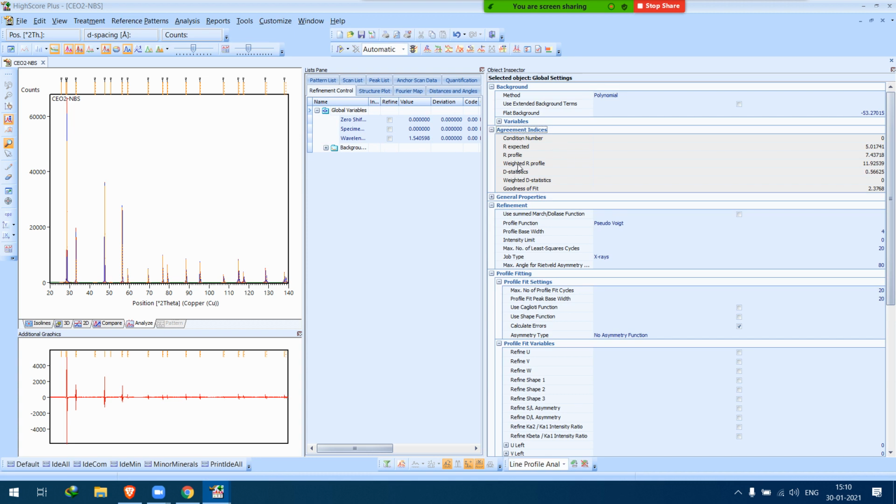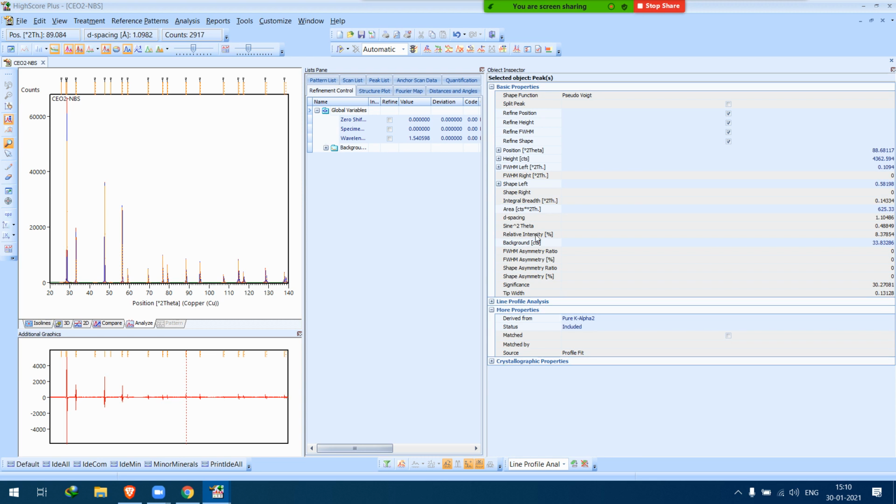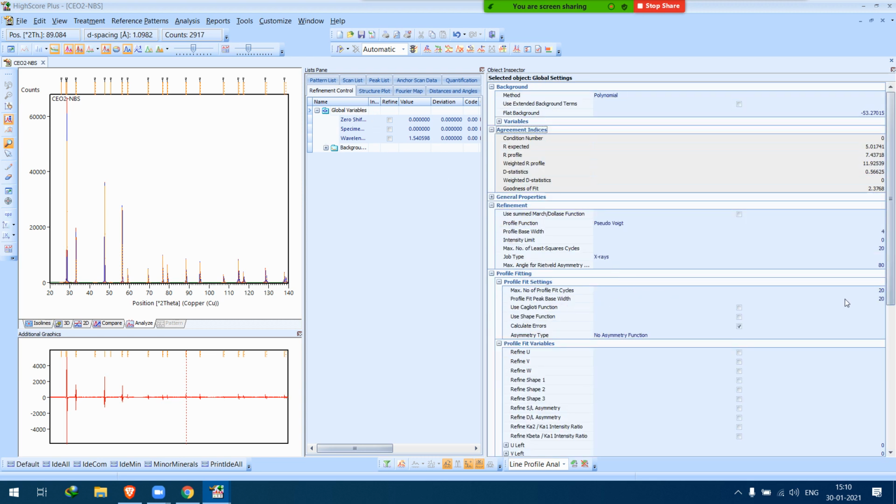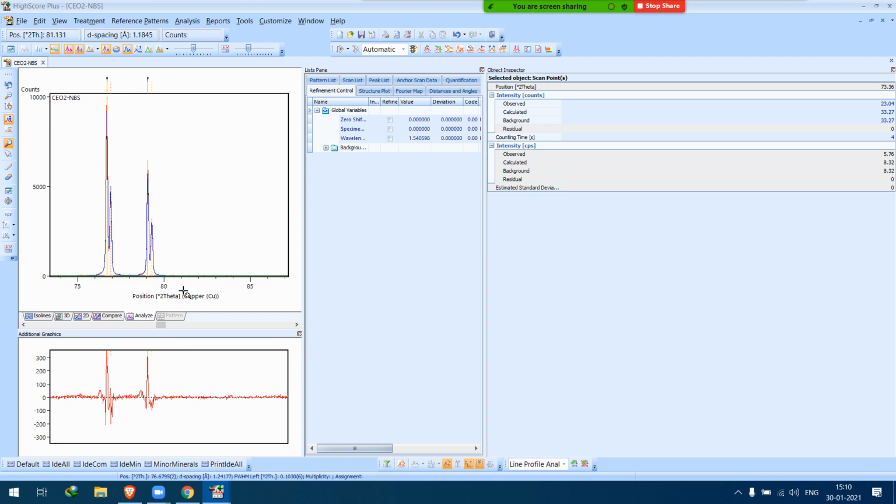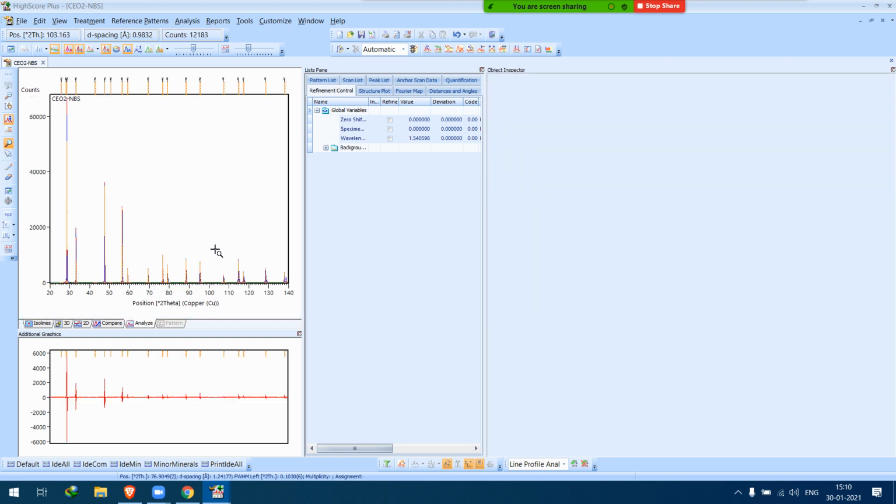So right now we have a weighted R profile of 11. Okay, we'll try to... Where is that global variable? 20 to 30. Okay, now I can see the change. I don't know why it was not changing that time.